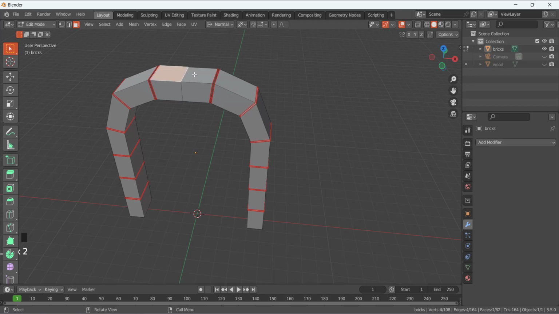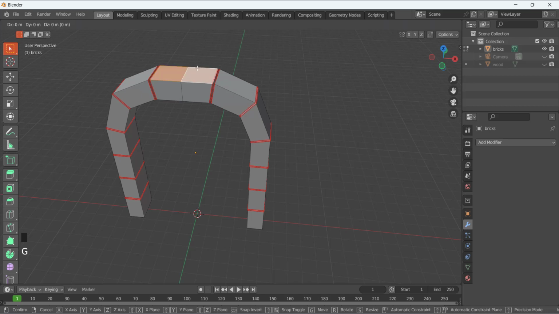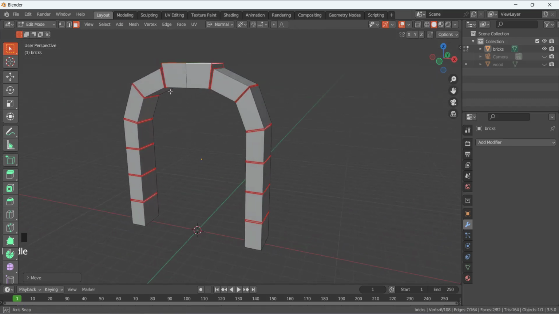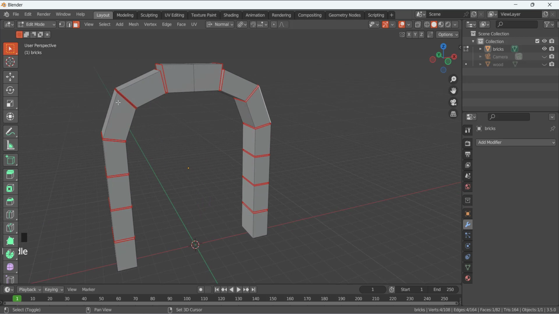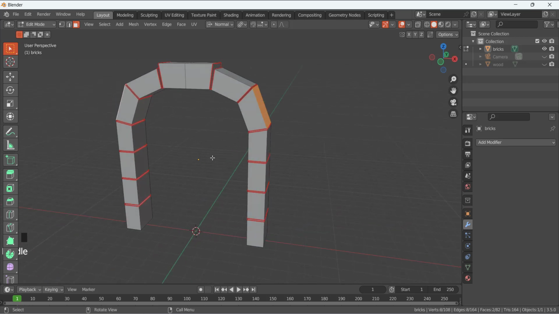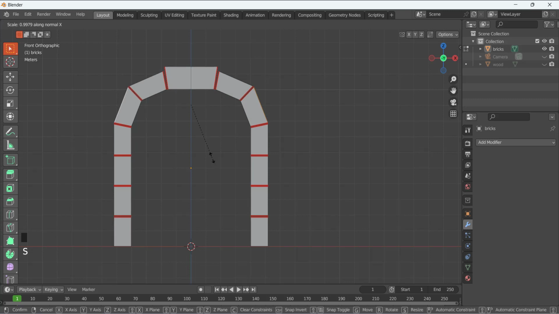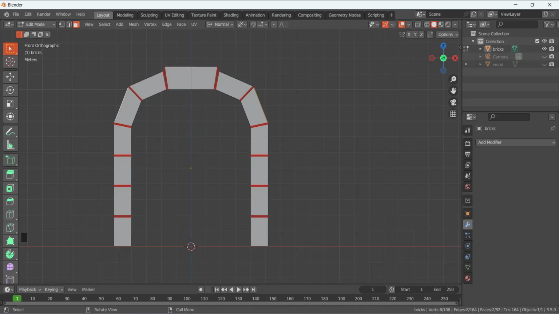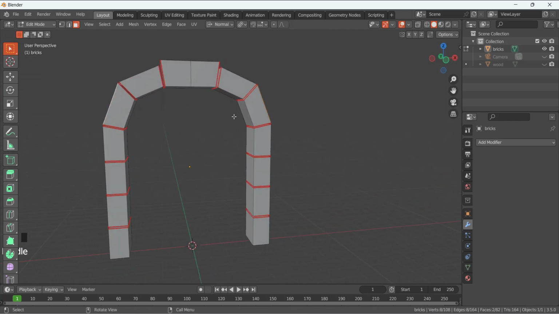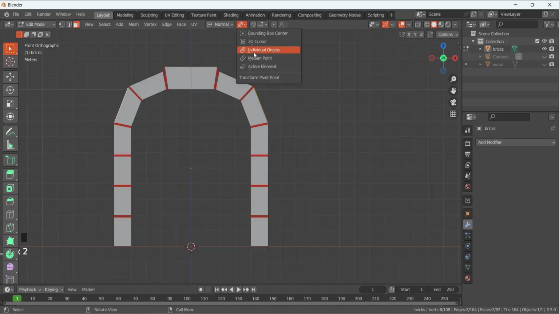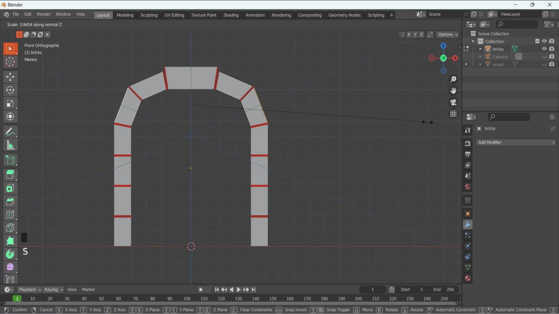So I am going to G and Z, increase it like that in the Z direction, and also this face and this face, and press 1, Shift X, Y, S, Z. Make sure individual regions are selected. S, Z, G, Z,